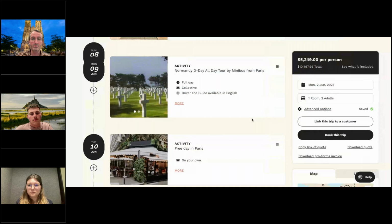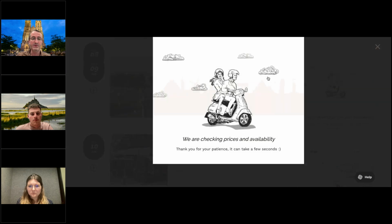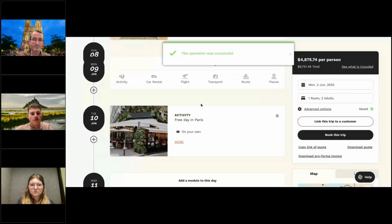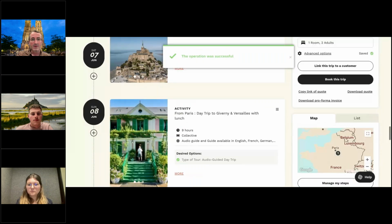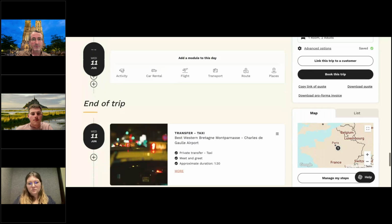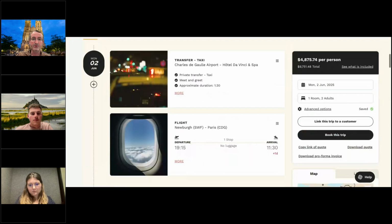Or if you just want to remove or delete, simply delete. Yes, I want to delete this activity, and that's it. So that's it for this itinerary, and also the same thing for the